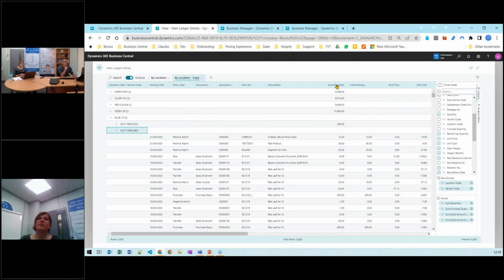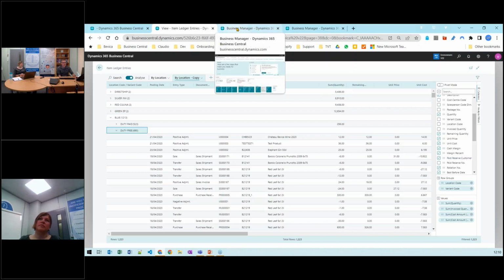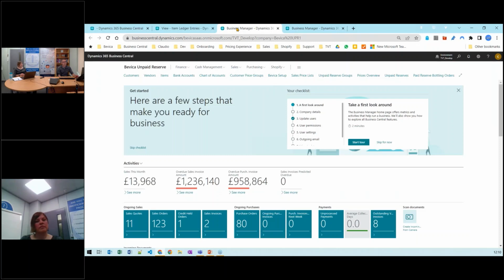So hopefully that's of interest, that's nice. So the next thing I wanted to show you was the unpaid reserves. So we've taken the idea that what we want to do is soft allocate stock against any type of or any collection of customers that we want. So we went down the route of creating these things called